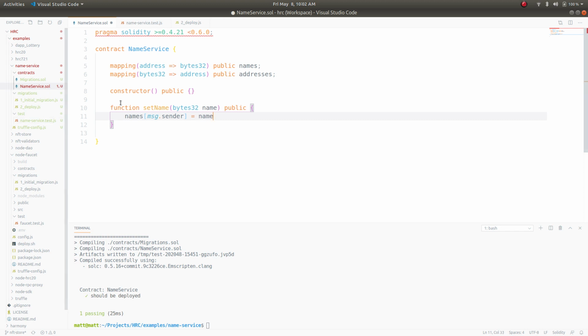Not sure yet if I'll have to actually pass in a string as a parameter and then convert that to like a SHA-256 hash and then store it here, but we'll tackle that when we get to it. We'll probably get some errors and stuff, and then we'll just debug it. So names, message.sender equals name, sounds good, okay, and then addresses